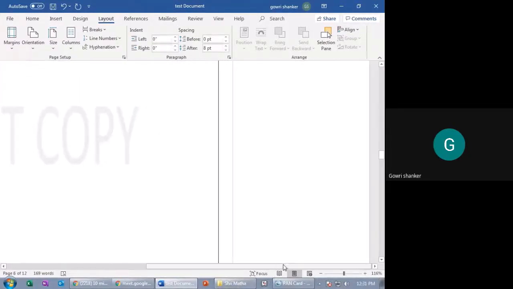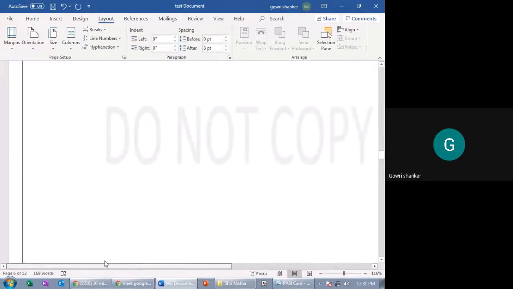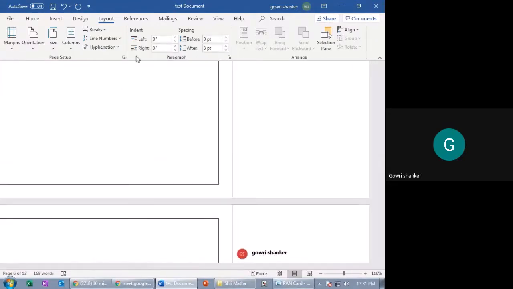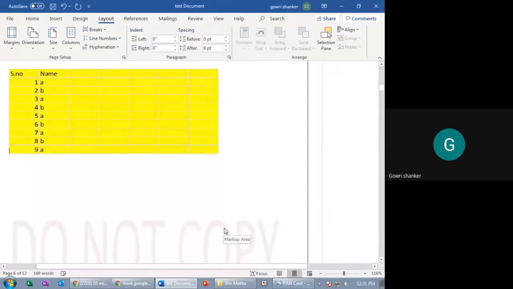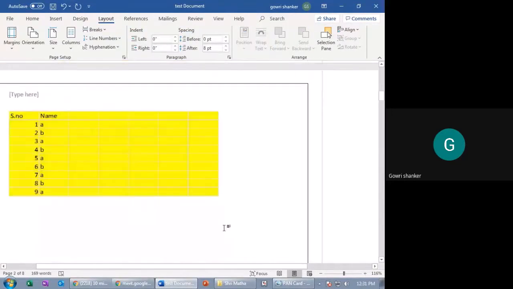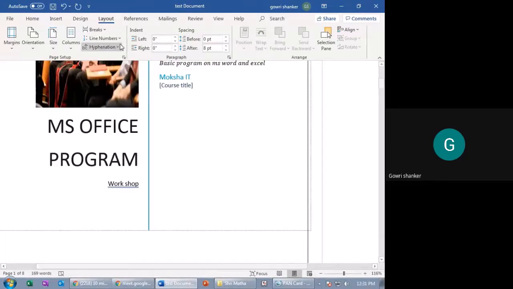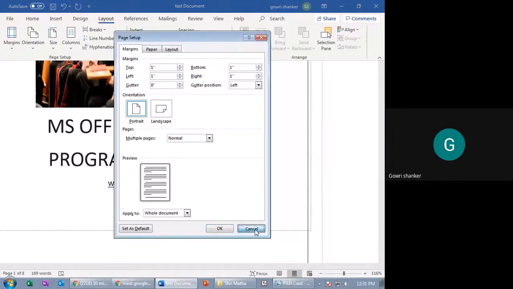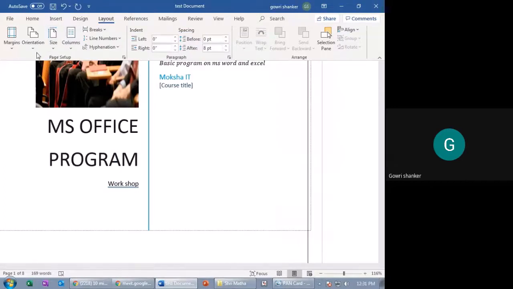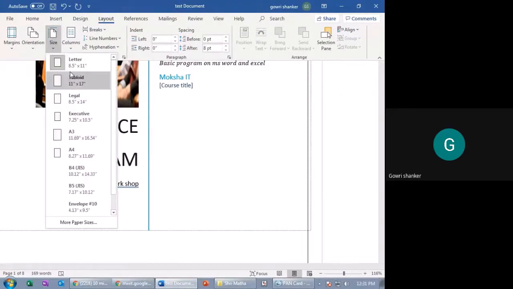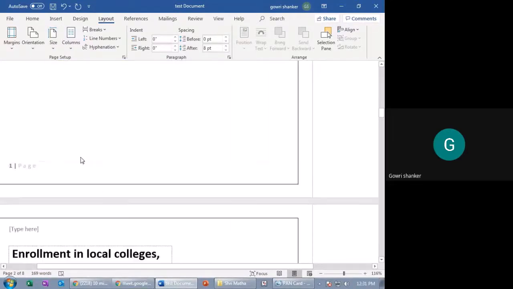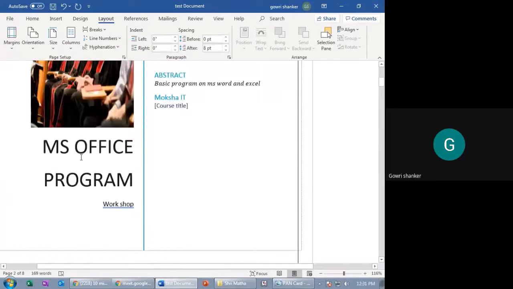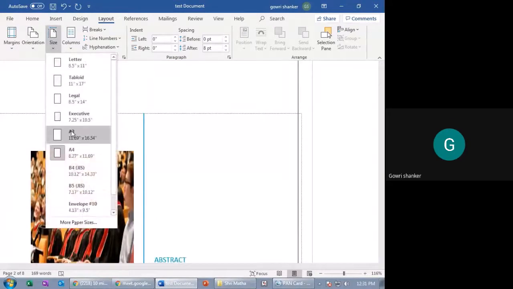It means the width will increase now. The width of the paper is increased under landscape. If you select portrait, the length of the paper will increase. It changes to portrait. Generally everybody knows this. A very small topic, the printing thing, right? Next you have orientation, portrait and landscape, that we already saw. Sizes: letter, tabloid, legal, A3, A4. This is A4 size, and this bigger one is A3.